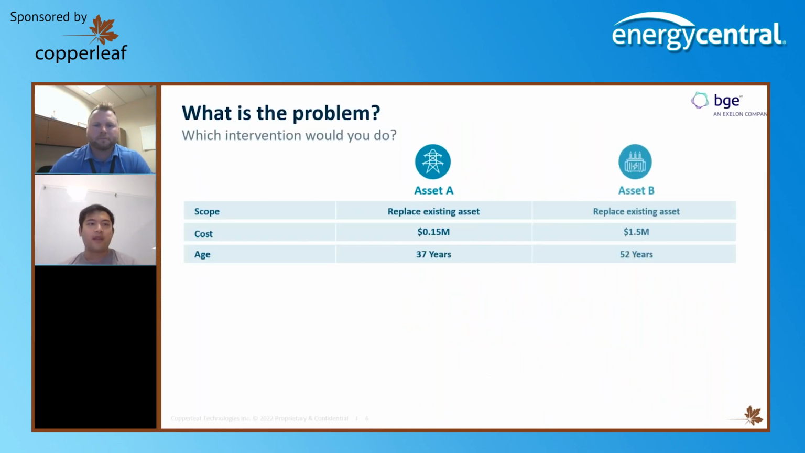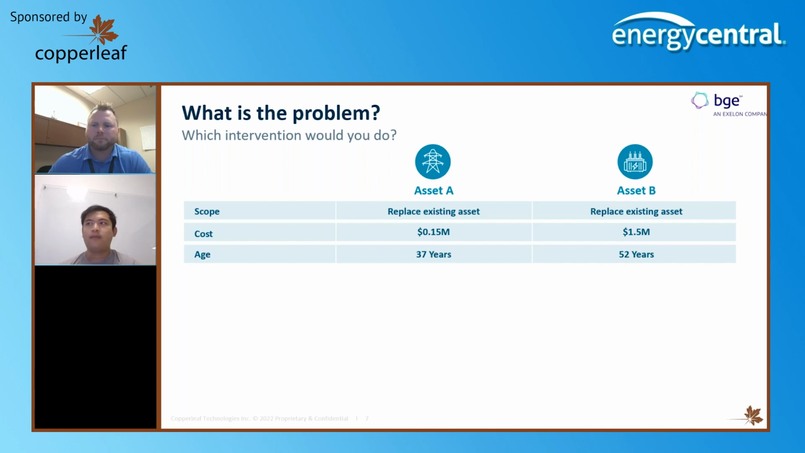So what is the problem here? Let's take a look at two assets that we need to do an intervention on. We have asset A and asset B, one transmission structure and one transformer, and we're both looking to replace each of these. The tower costs $150,000 and is currently 37 years old, whereas the transformer would cost $1.5 million and is currently 52 years old. From here, you can probably make a pretty decent educated guess into which one is more valuable to do to